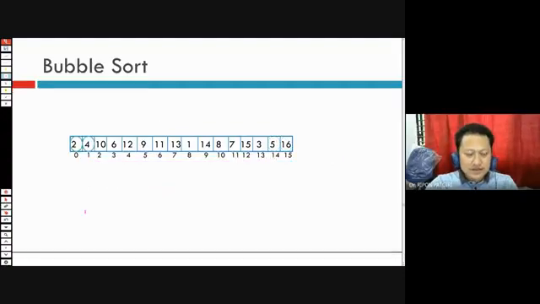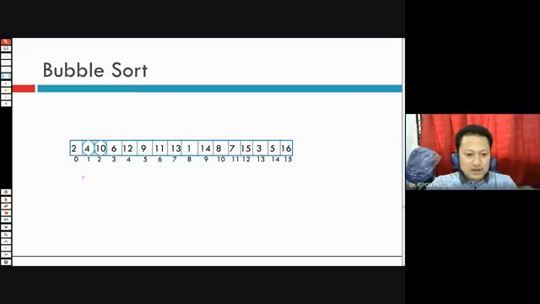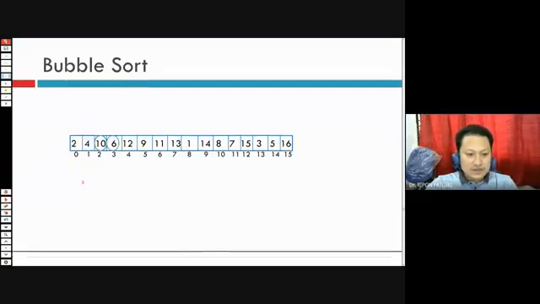In the next pass, we repeat again and again until it has been sorted. So 2 and 4, is it in order? Yes, no need to swap. Is it in order?